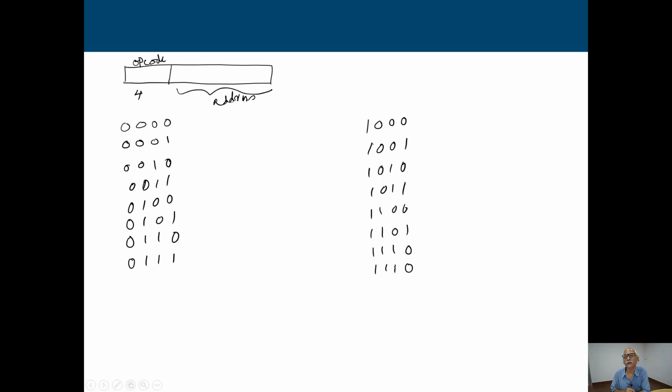So these are all the possible combinations, 16 possible combinations. That means we can design 16 different instructions.